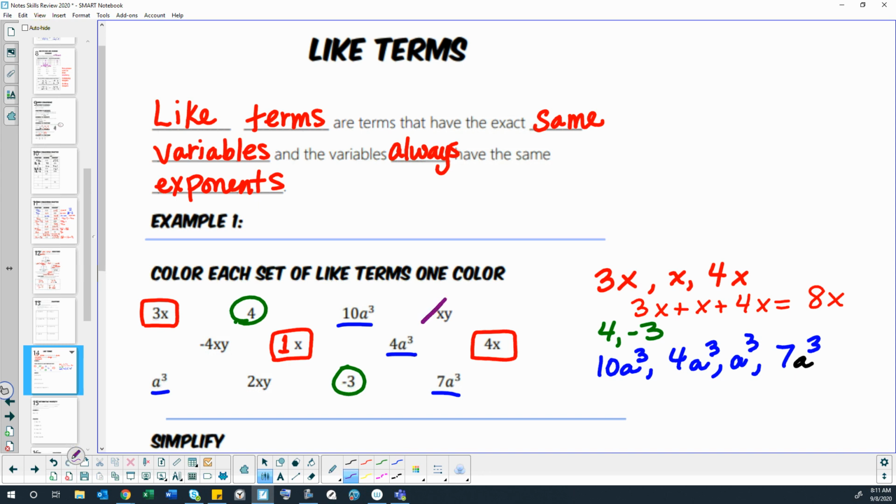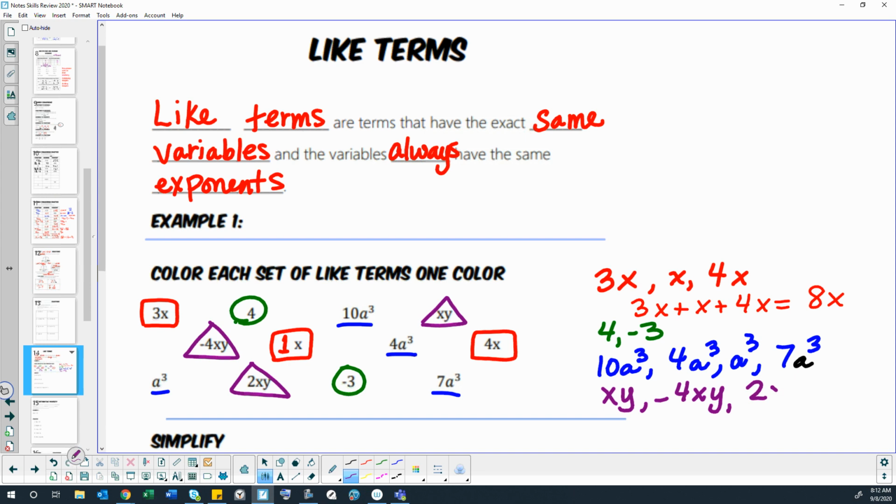Let's see, how about this xy here? See how I'm using different shapes as well as colors? That way, if you're just using your one pen or pencil, you can kind of see a way to differentiate between them, even if you don't have different colors to use. So xy, any other terms have both an x and a y? Yep, we have our -4xy. And we have positive 2xy. So xy,